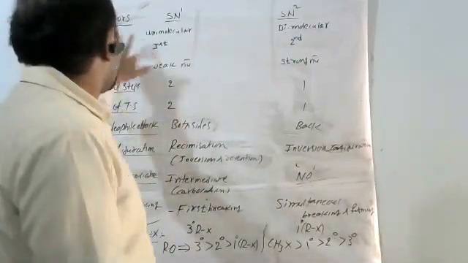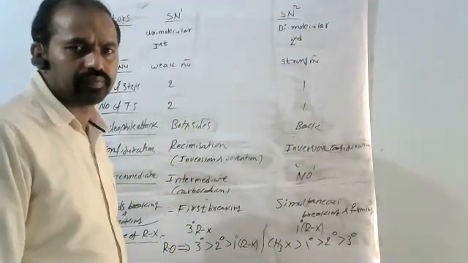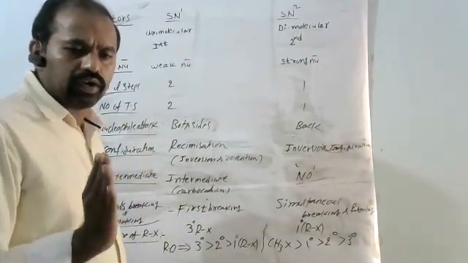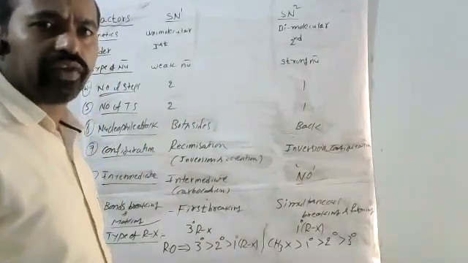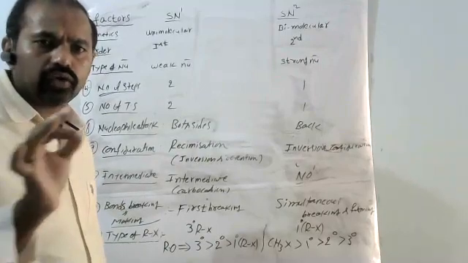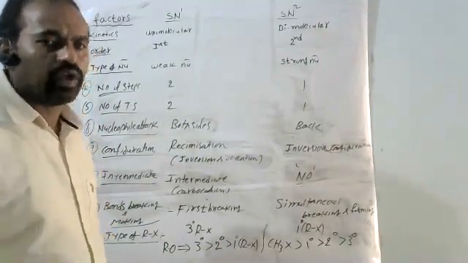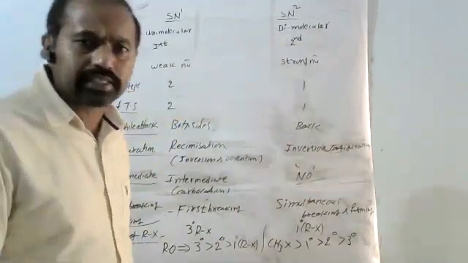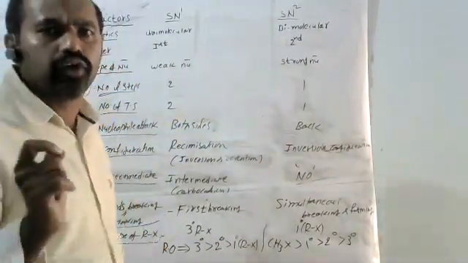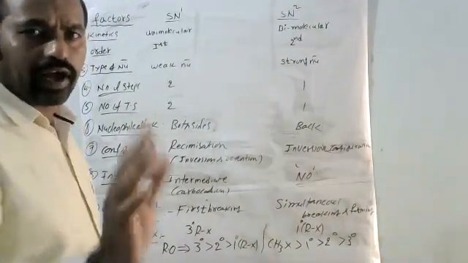So, what about order of reaction? SN1 has first order rate of reaction, that is also called first order nucleophilic substitution reaction. What about SN2? That is a second order nucleophilic substitution reaction. Okay, after that,